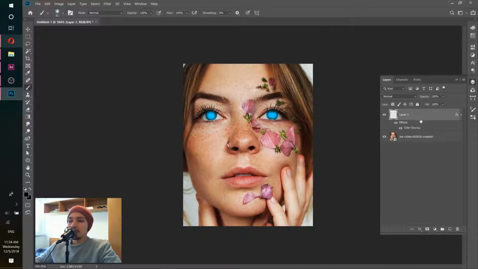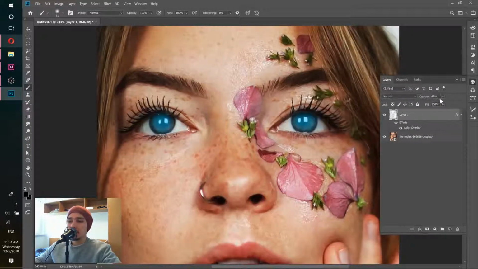So here you can see opacity and fill. What is the difference? Opacity controls the opacity of the whole layer. For example, if I make opacity down, we will see the eyes behind, or if I make it up, we will see more of the blue color, so we can play with it. Fill controls the opacity of the colors that are located on the layer. So if I turn down the fill, then the opacity of these colors will go down, but the opacity of the effect of the color overlay will stay. See what happens. I do 0,